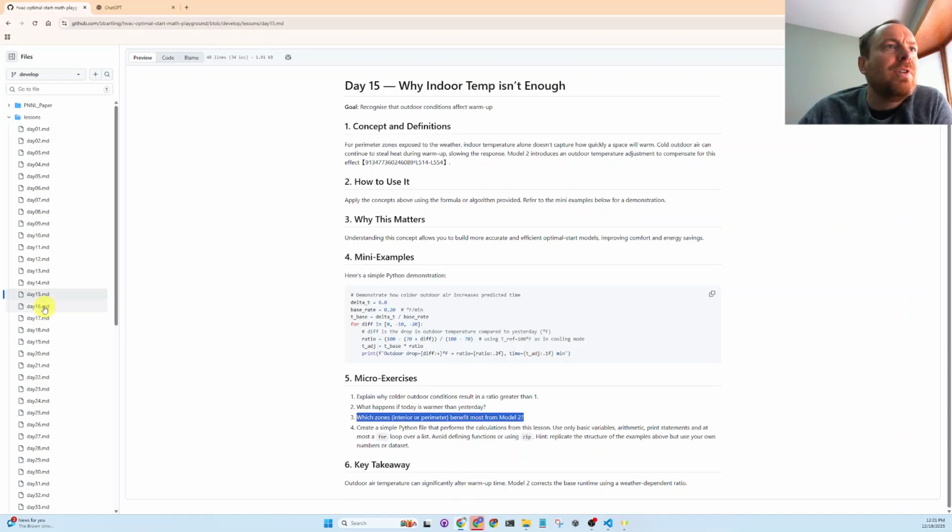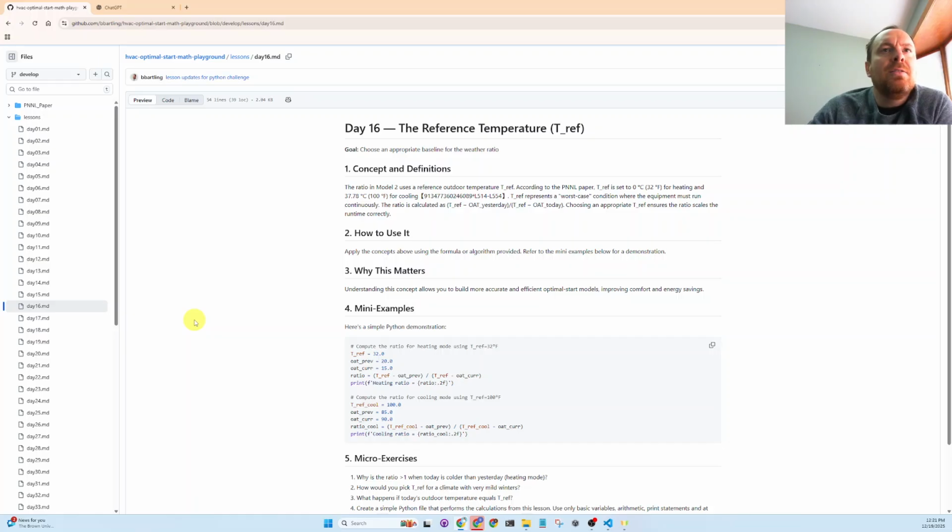I think I'm going to move on to the next one. So we're just pretending there's this one day of data and many different outside air temperatures in that. So if I go to day 16,